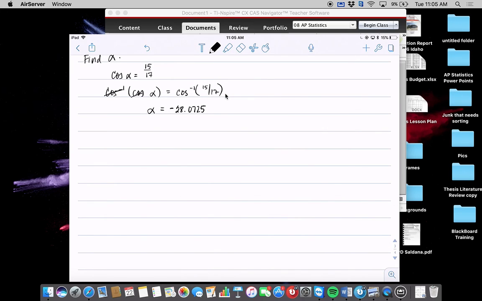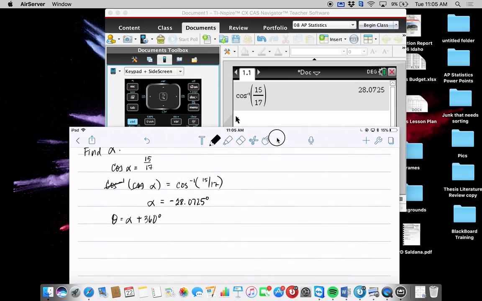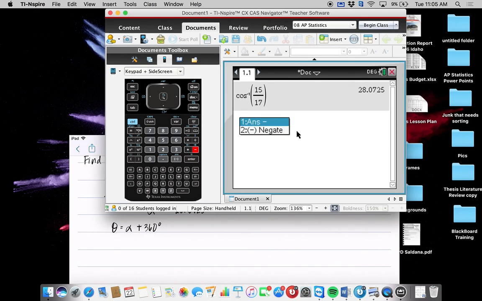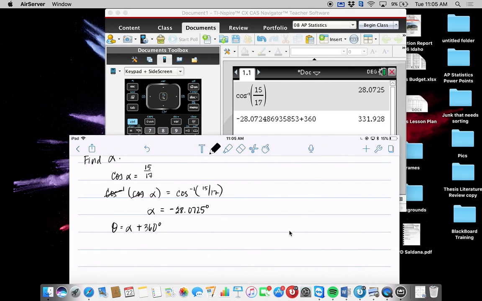So to get theta, I take alpha, in degrees, and add 360, one full rotation for this particular case. I type in negative that angle plus 360, and we get 331.928. So theta, the angle that we're actually looking for, is